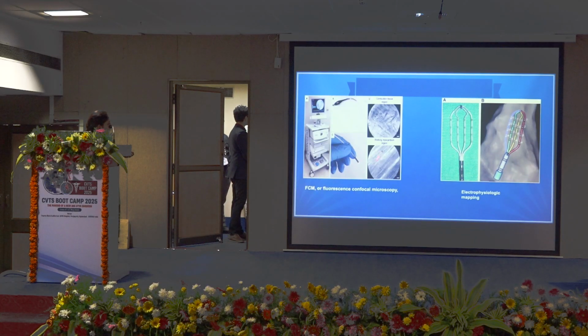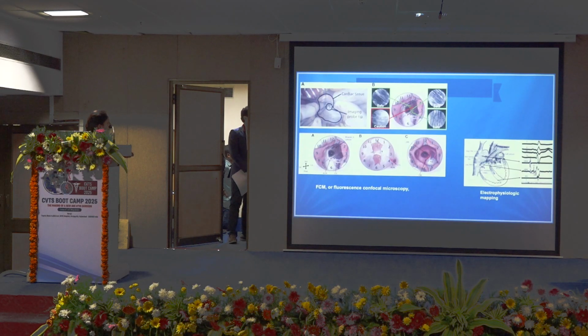The working myocardium has a striated appearance, and the conduction tissue has an irregular and reticulated appearance. So based on this FCM, the identification of conduction is very precise, but it takes a long time, and this needs an arrested heart, whereas this procedure needs a beating heart. So each of them complements each other, and this is how FCM maps the conduction area. This is the conduction area which is irregular and reticulated, and this is striated in appearance,